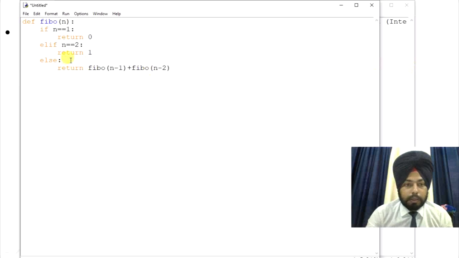Now it will work on this formula, right?